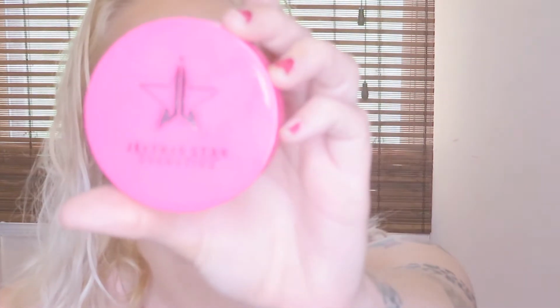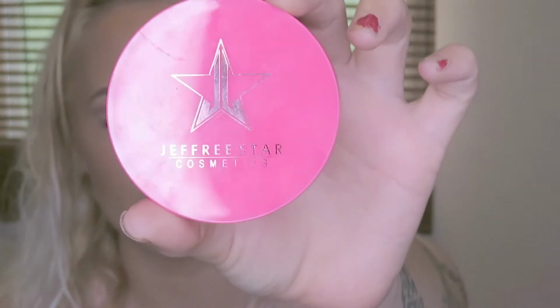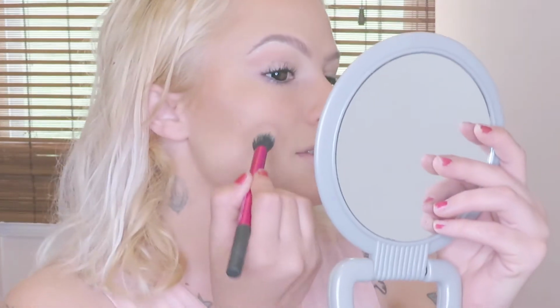I'm going to use this So Fucking Gold from the Jeffree Star Cosmetics. This is one of his Skin Frost. This is what the inside looks like. I'm going to take my Real Techniques brush, the one that looks like this, and just dig right in there. Get a bunch of product and just,